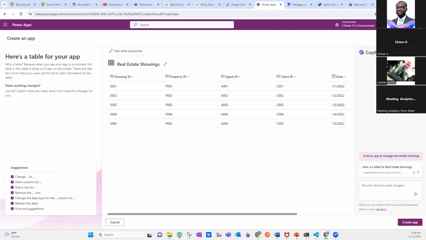So now I want to be able to tell it to do things for me, right? So I want to create, maybe this is not enough. This is not what I need. What about the client names? What about the client's email address? On the right-hand side, you can see where it says Copilot. You can describe what you want to be changed or what you want this table to do for you. So at the moment, I want it to add a column